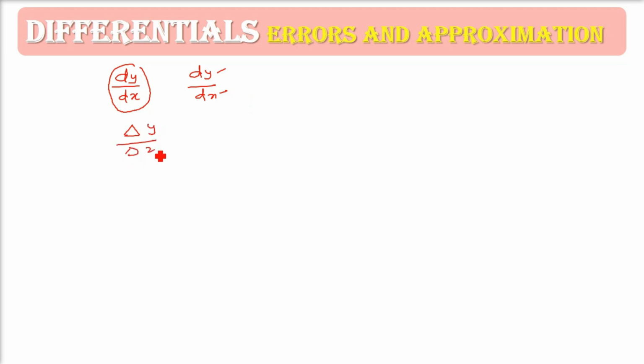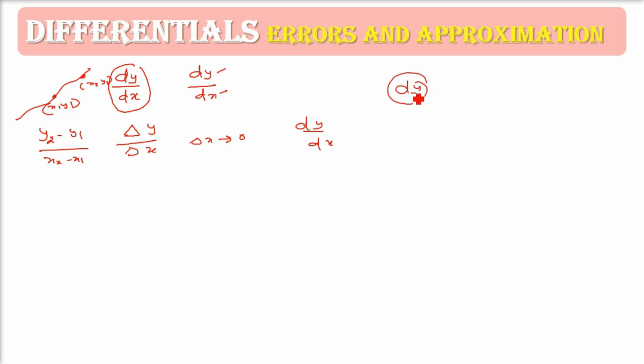When we said delta y by delta x, that is the change in y, y2 minus y1, and the change in x, that is x2 minus x1. So when you make a graph like this, and one point is x1, y1, the other point is your x2, y2. So the slope, that is y2 minus y1 divided by x2 minus x1, that is the change in y divided by the change in x. The change is called delta. So when delta x tends to 0, delta y by delta x becomes